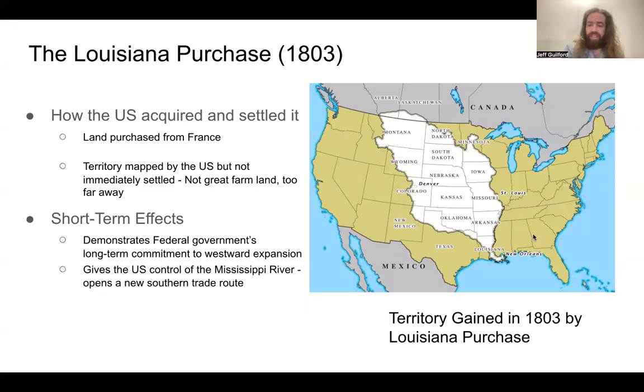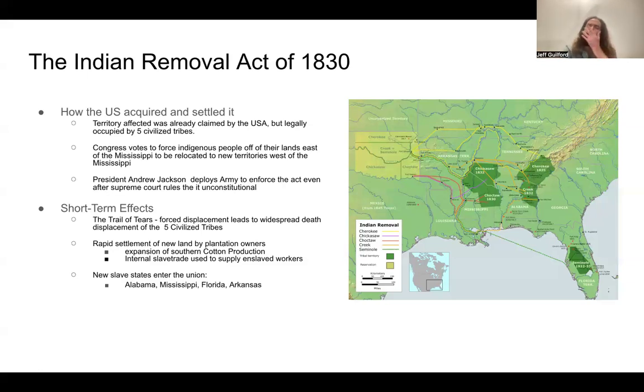So basically, move all these guys from the southeast out to Oklahoma over here, which is at this point crappy, crappy farmland, and nobody wants it. So Congress votes, they pass this law, and in 1830, the idea is all these guys now have to just basically sell all their property and pack up and head out to Oklahoma.